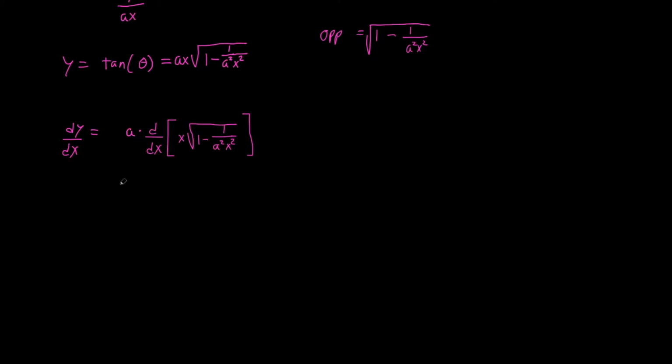And looks like we have x times, we have a function times a function. We have x times this square root function. So we can rewrite this all yet again as, you know what? This is actually going to be more convenient to take with the a on the inside in this case. So let's leave it in there. And we're going to split this up as ax as a function and this stuff under the square root is a function. So we have the derivative of y equals, using product rule, we get derivative of